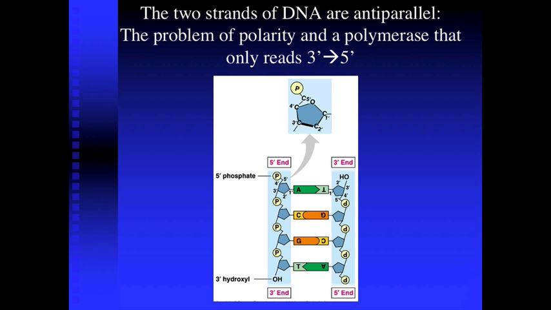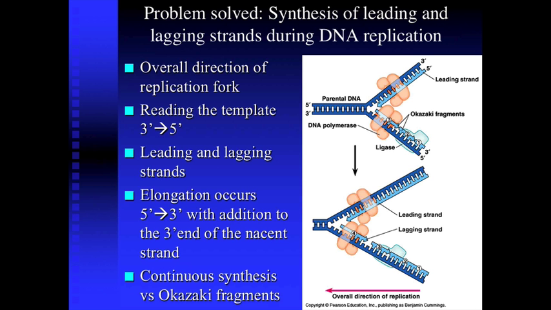Replication. We're going to replicate both strands, aren't we? And the overall direction of replication is toward the fork. However, the machinery responsible for DNA replication can only read the molecule in the 3' to 5' direction, which works fine for this strand, for the strand on the left here. As we replicate, we're going to read 3' to 5'. This is the way that we read the template. So this is the reading direction on the template,